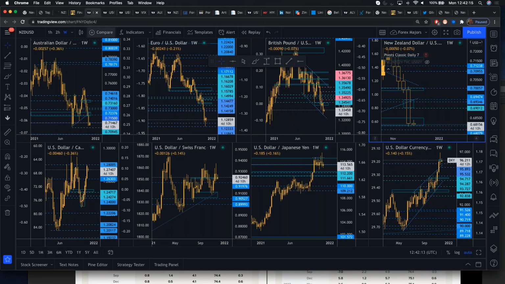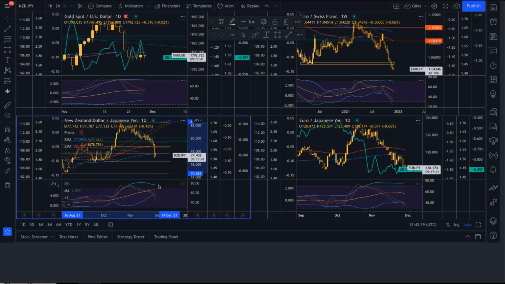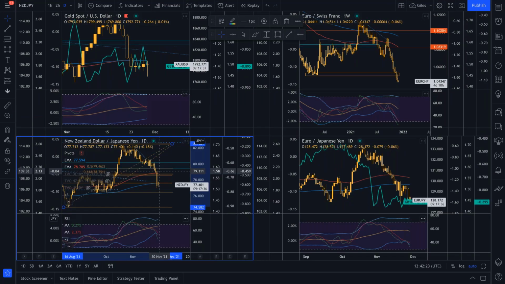Now, the headline to look for is this, okay? So look at the New Zealand dollar yen, for instance. If, for instance, news comes out that the vaccine works, say Johnson & Johnson or Pfizer come out and say the Omicron variant is prevented, 90% prevention by the vaccine. Great. That would be a fantastic recovery in risk. You just see the pair shoot higher. If they said the Omicron variant is resistant to the vaccine, we'd expect risk to keep selling off.